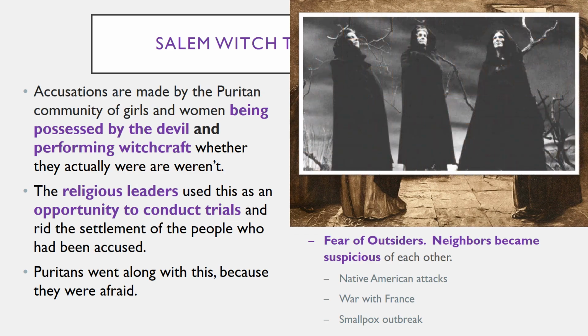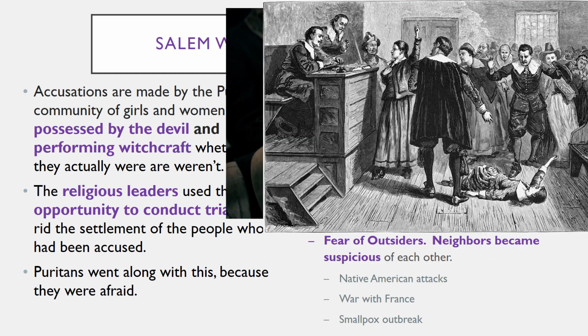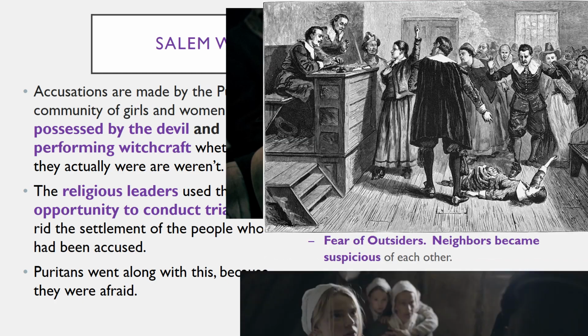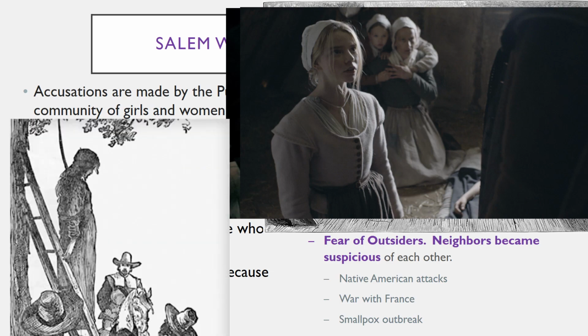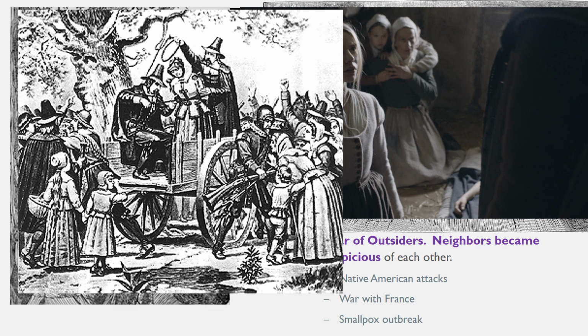Puritan neighbors became suspicious of one another. Witchcraft was a scary, evil thing to the Puritans, and their strict religious laws condemned such a thing. A special court, led by religious leaders, met in Salem to hear the cases. The first convicted witch, Bridget Bishop, was hanged that June. 18 others followed Bishop to Salem's Gallows Hill, while some 150 more men, women, and children were accused over the next several months. Go ahead and draw a picture to remind you of the Salem witch trials near your notes